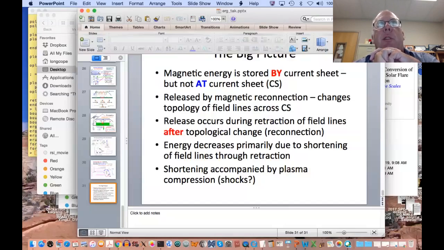My forces on whatever I'm moving are being countered by a turbulent drag. Somehow we have to figure out how that plays into this. The reason I rely on Petschek is no one has really worked out how it is that this scenario of creating shorter field lines turns into turbulence,